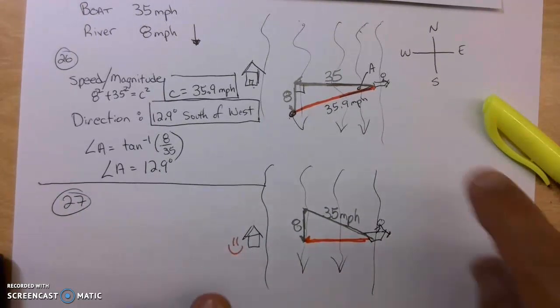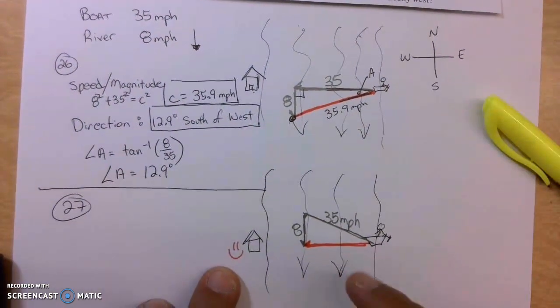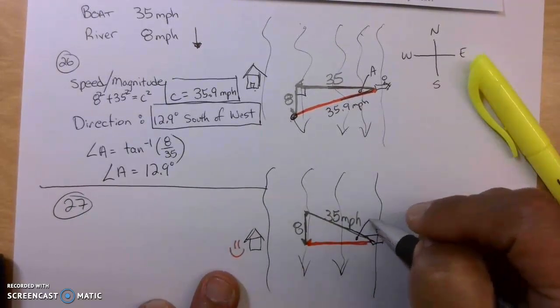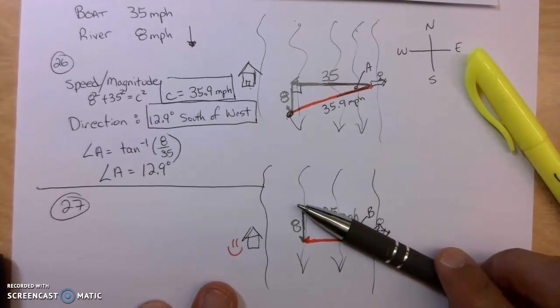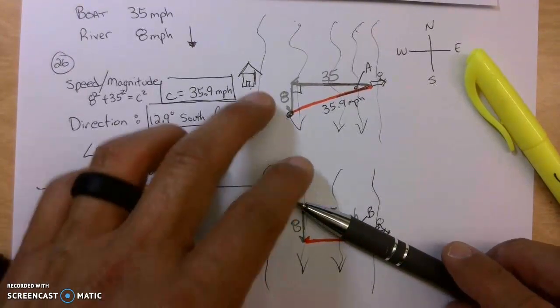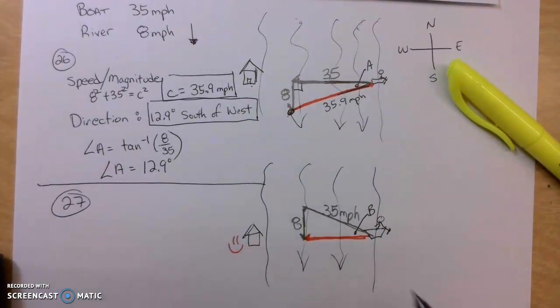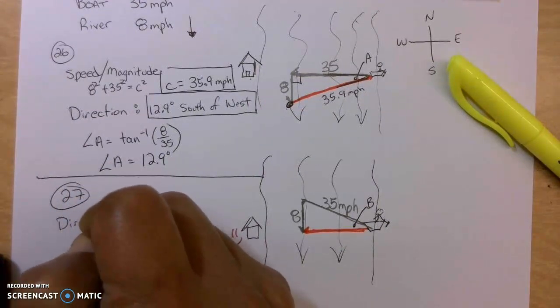Now, what is the question for 26? At what angle should he head upriver? So he needs to point his boat upwards. We're going to figure out this angle B here, because that's the direction that he's sending the boat. He's maxing it out, and then the river current straightens him out, and he'll hit home. So we're going to figure out this angle here. So that's the direction, and we're going to go